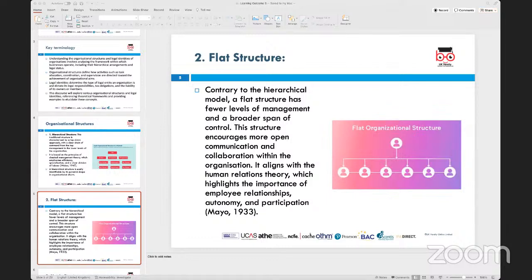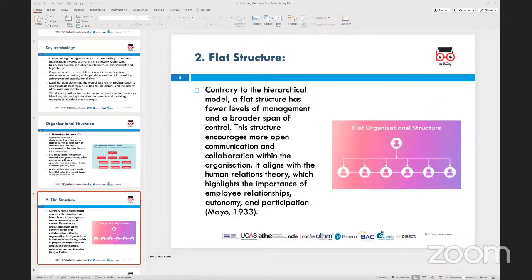Okay, now let's look at the second structure. Now, what I would want to do is basically talk about flat structure. So when we talk about flat structure, contrary to the hierarchical structure, it would essentially be